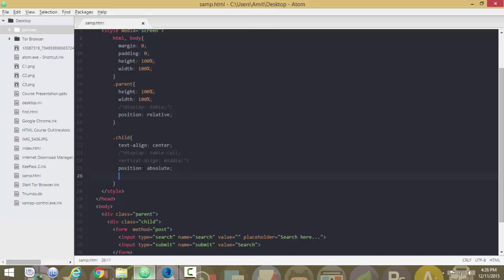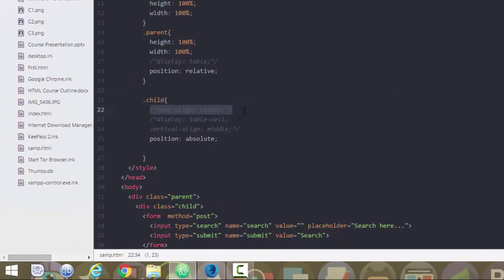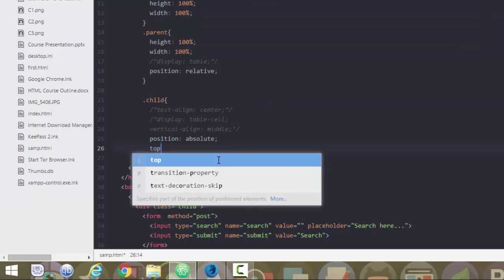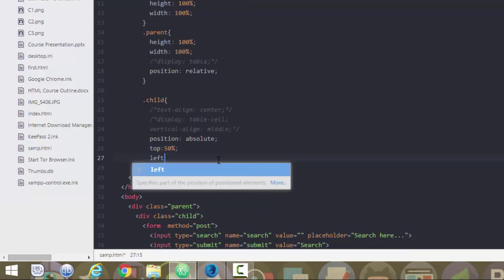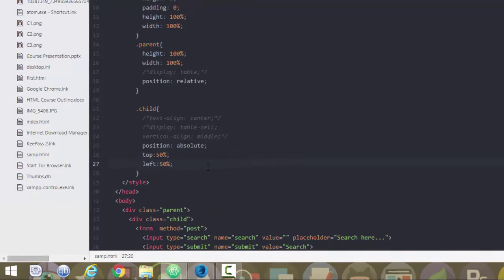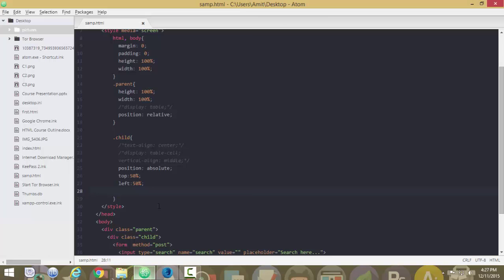Let's remove or comment out this text align center and give it a top property of 50% and left property of 50%. Okay, now let's see the results. Now you can see that our search bar is here, but it's not in the center. So let's shift it to the center.